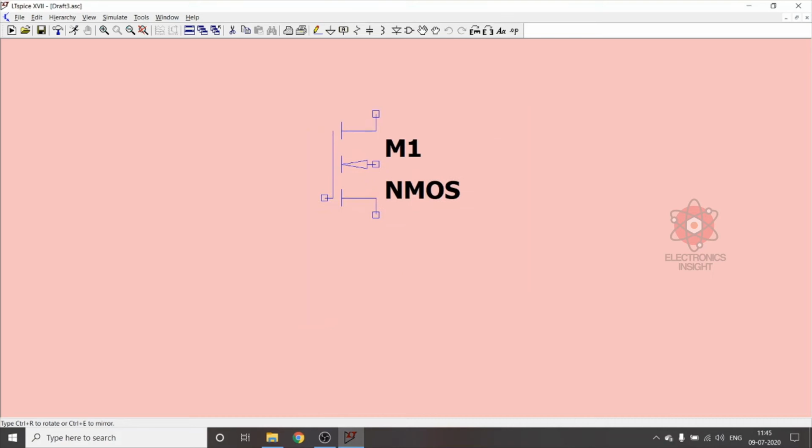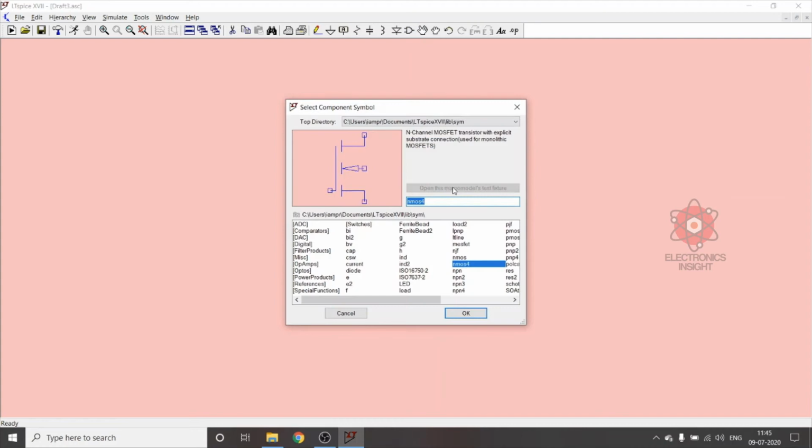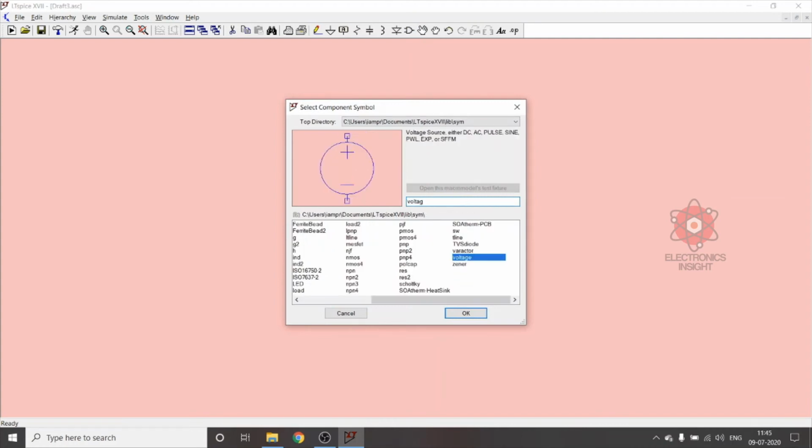Now it has to be rotated because we need to give the voltage connections. So just press Ctrl R, so that will rotate your switch. Then press escape, and what we need to do is select voltage sources, because we need to give voltage for the gate terminal, and for the input source terminal also we need to give a pulse signal. So let us choose the voltage sources. Press the component, again go for voltage. Here it will show, click OK.